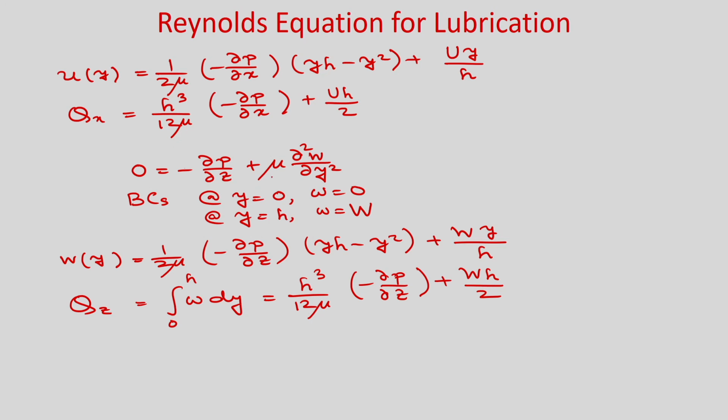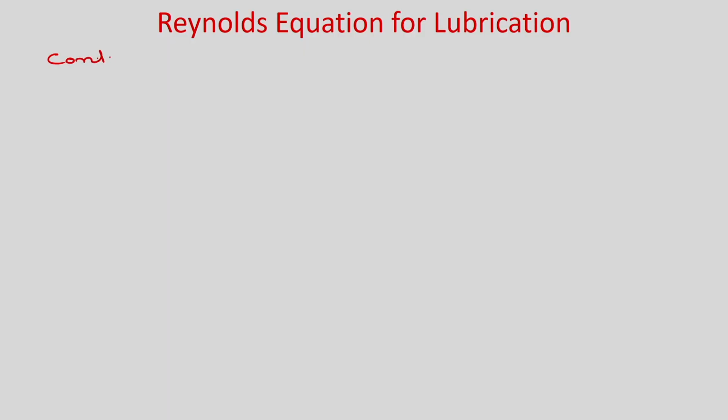In this derivation, obviously you have seen the fluid viscosity is assumed uniform across the film thickness, which is the assumption we already made. Now, let us write the continuity equation and derive the Reynolds equation. So, the continuity equation we have is del u by del x plus del v by del y plus del w by del z is equal to 0. Okay. So, now we will integrate it between 0 to h.